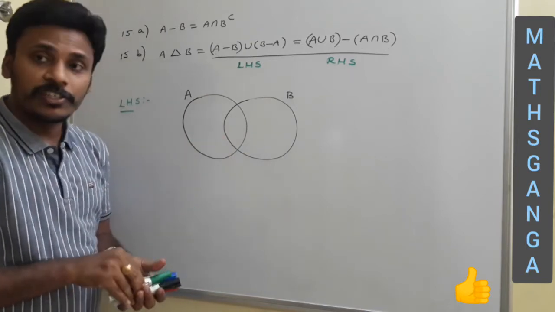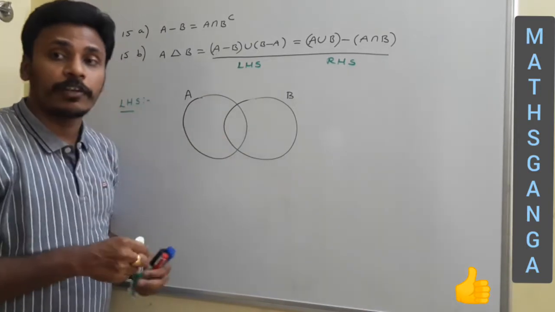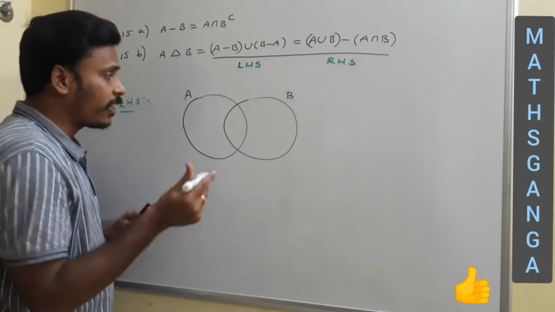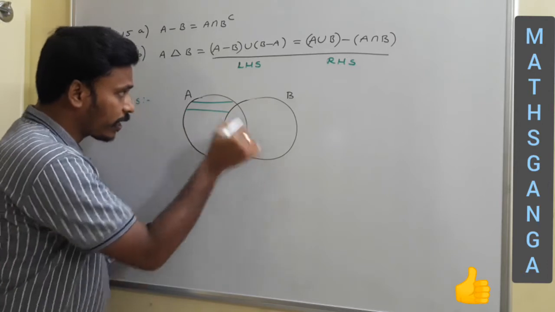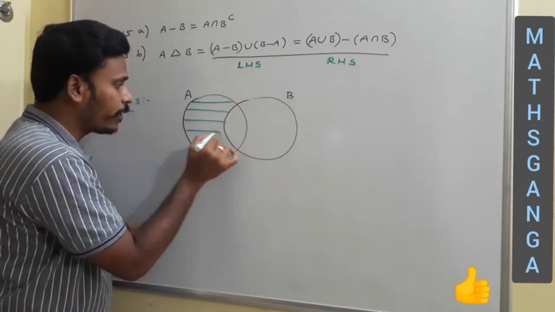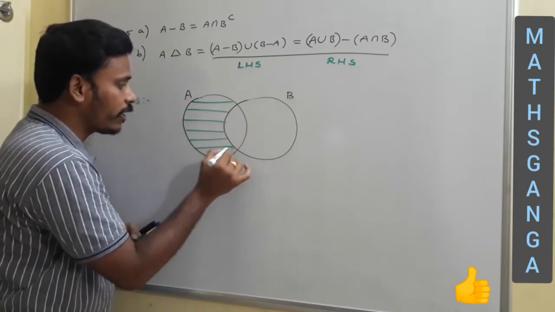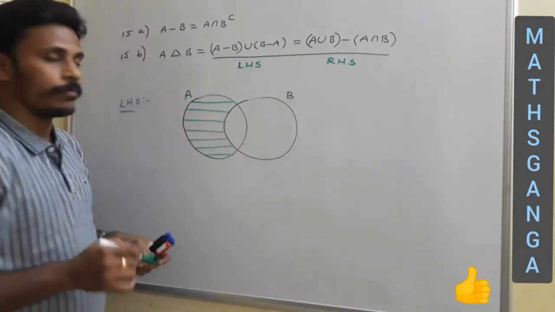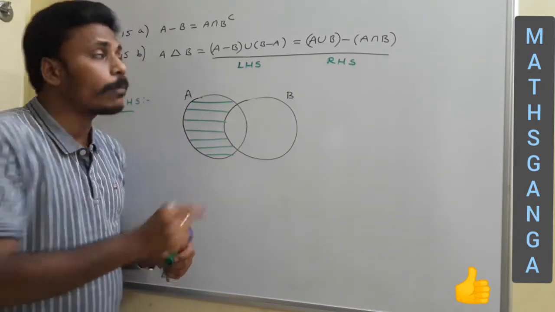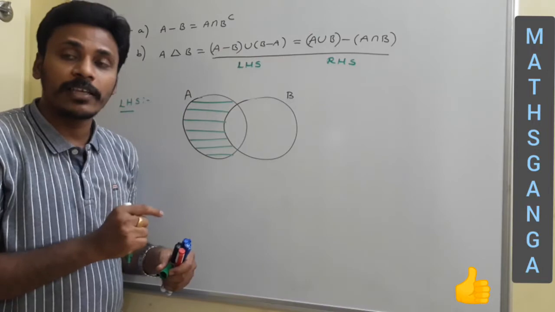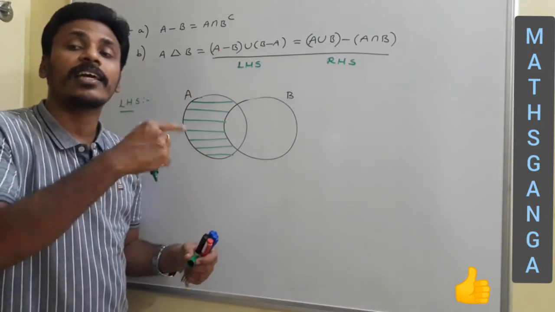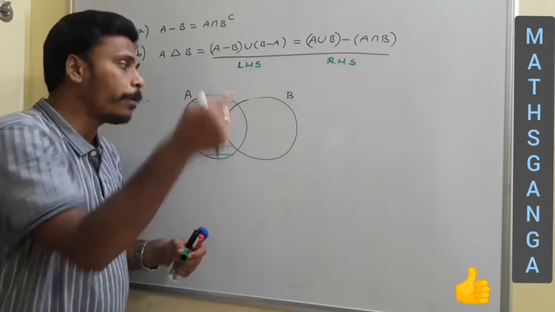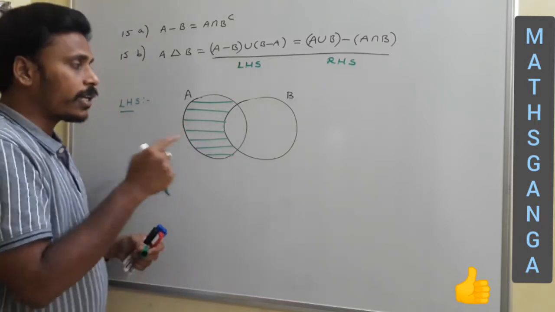So, what is the region which is there in only the first circle, not in the second circle? Look there. This region is there in the first circle, circle A, not in circle B, right? So, this is the region for A minus B. And then we need B minus A. B minus A means the region in circle B, not in circle A. That must be in B but not in A.